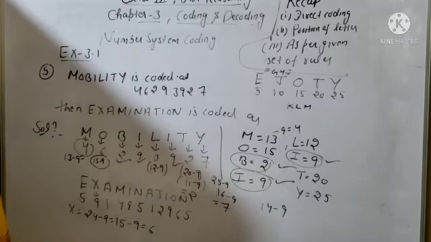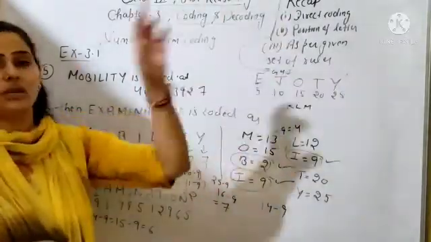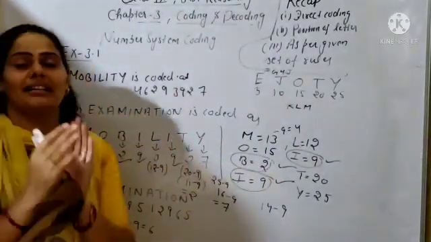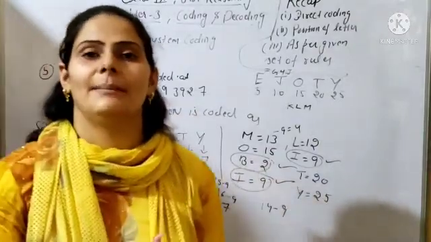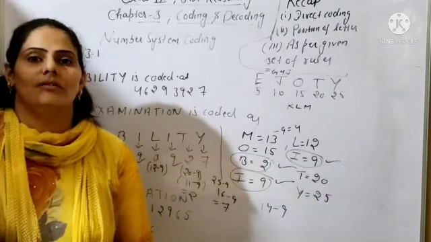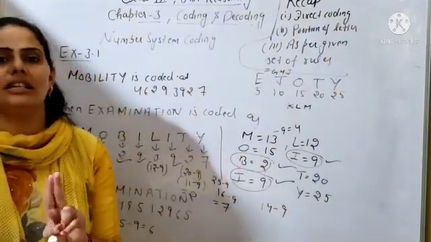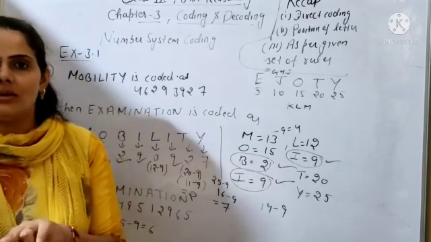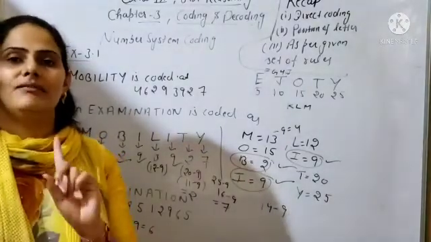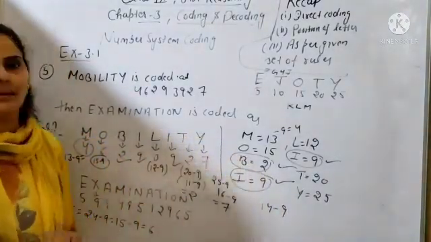First of all you have to find out the rule. What rule are you applying in this type of question? In the second type of question, it is the position of the letter in the English alphabet. So here what are you doing? You are writing the positions of the letters, starting from the left-hand side. If you are getting a 1-digit number, you will write it as it is. If you are getting a 2-digit number, subtract 9. Again if you are getting a 2-digit number, again subtract 9. You will do the process until you get a single-digit number, and the single-digit number you will write as it is. Like that, the same way you can write in the examination.